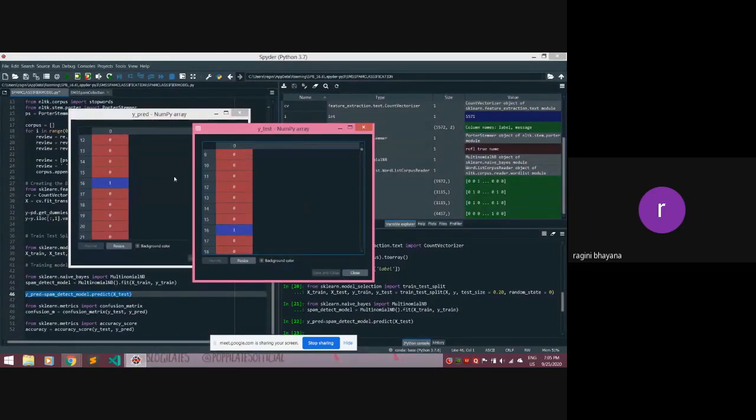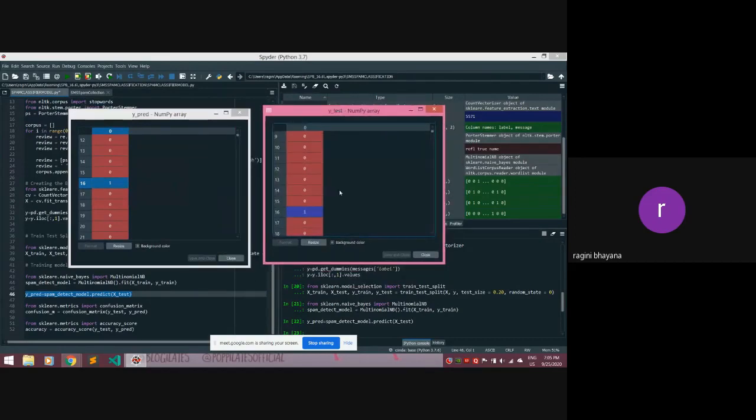We can see the Y prediction is very similar to our Y test, which means we have created a good model. If you want, you can go through it.